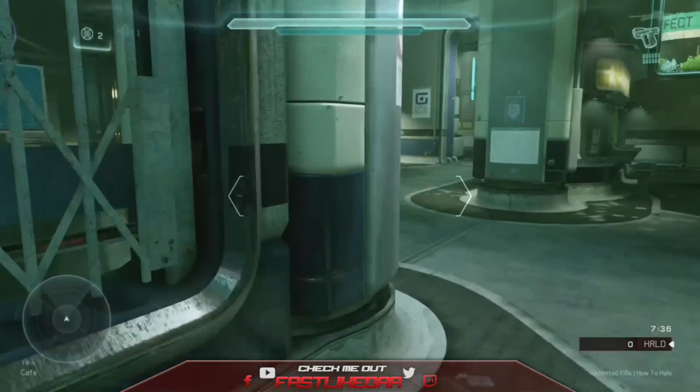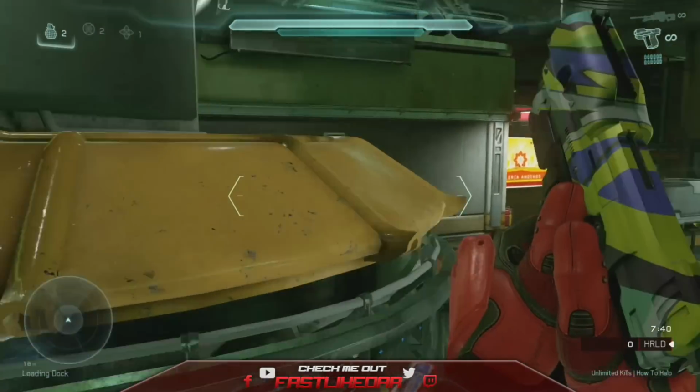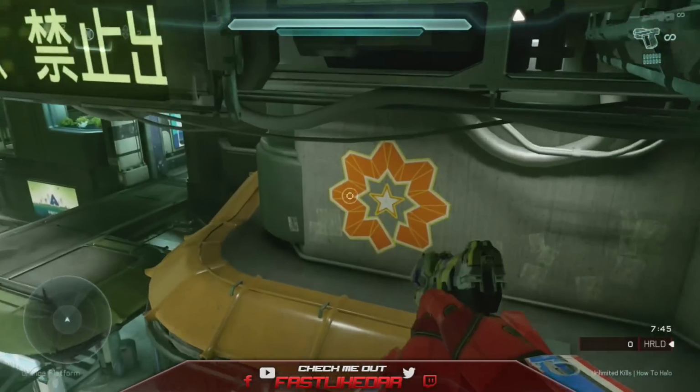Don't spam so many nades where you don't have any really to defend yourself, or use it for a future situation. But I think throwing one nade or something, or the plasma grenade, will make them kind of antsy in there, and maybe they'll run into it. So